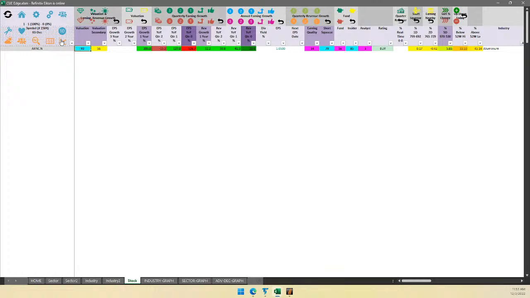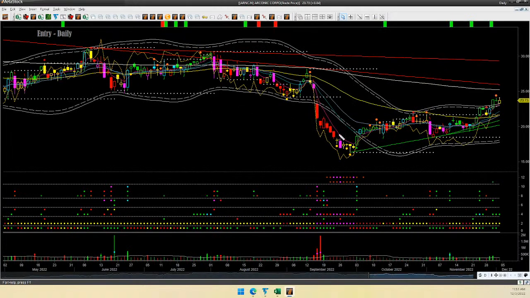Let's look at the chart. ARNC, Arconic. It is in an uptrend. Price has nicely gone up after this bullish flow trend following long setup. I would have bought at that point here. Stop would be right below trend line support that was not hit. It has hit the upper boundary easily. Now it is above the upper boundary. Now it is overbought, shown by the stretch signal. I'm not going to buy.